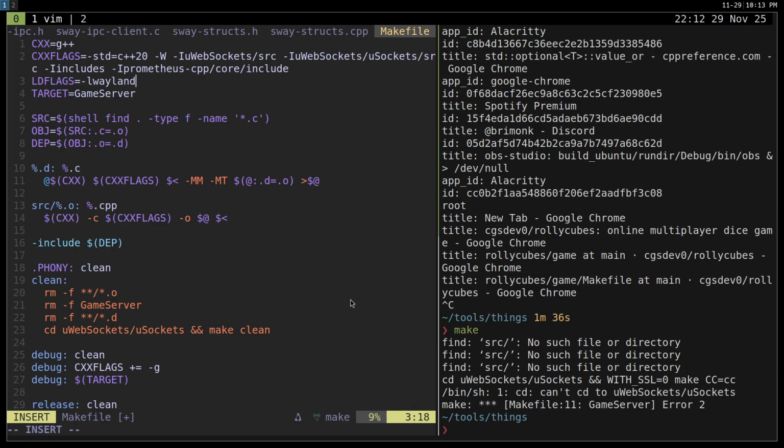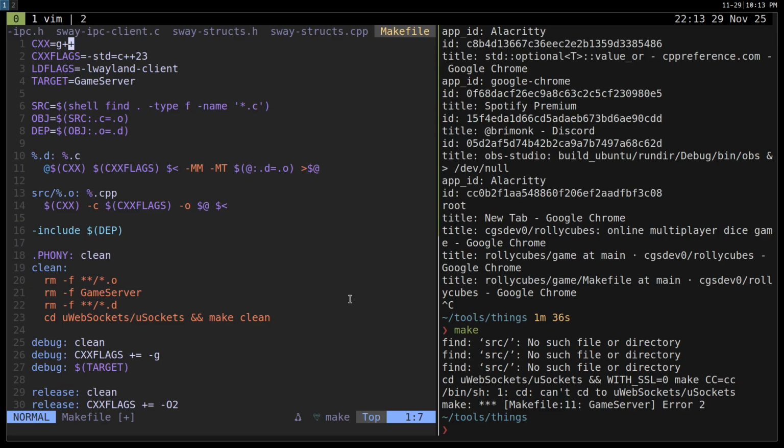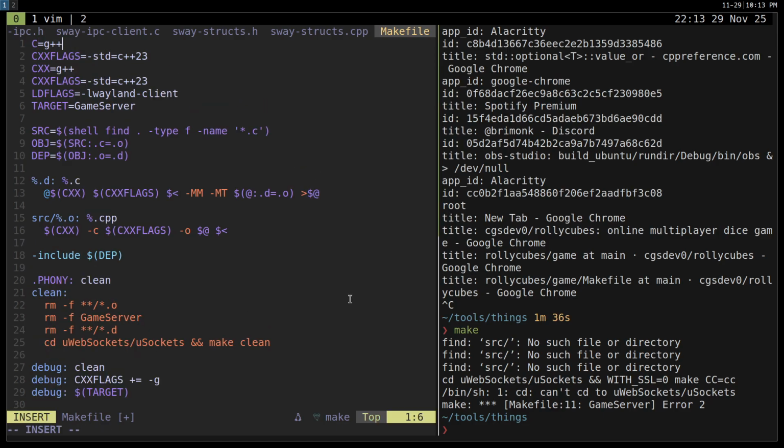This is just Wayland client. This is 23 now. Then we're also going to need these, I guess. Clean will get rid of the... let's not call it game server. Let's call it